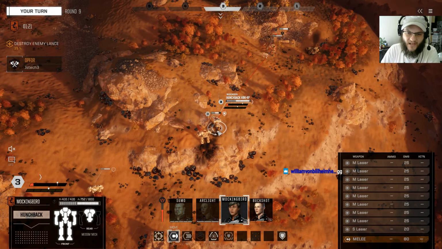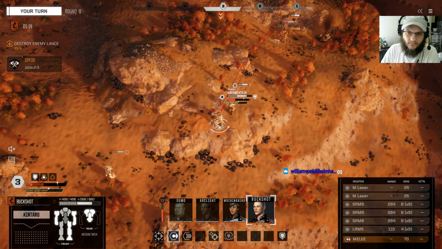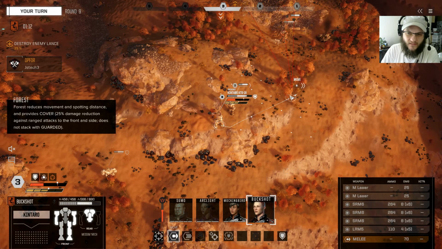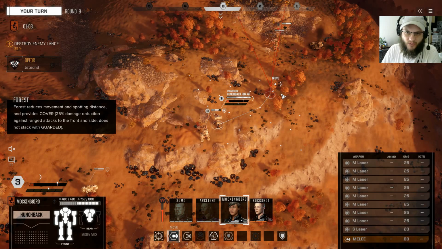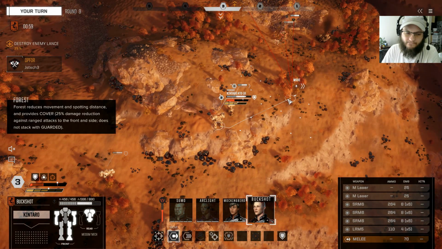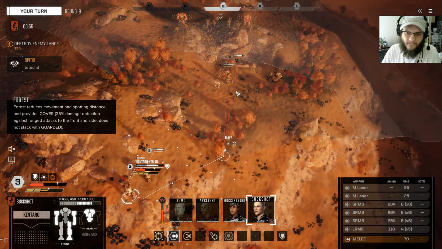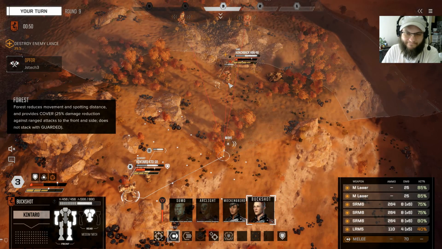Okay, I actually do have side shots from here. Well, that's annoying, isn't it? Are you blocking vision? No, sir. Why do you have to block vision like that? Do I climb in with both of you? How far can he move? 1, 2, 3, 4. 1, 2, 3, 4. So he can actually